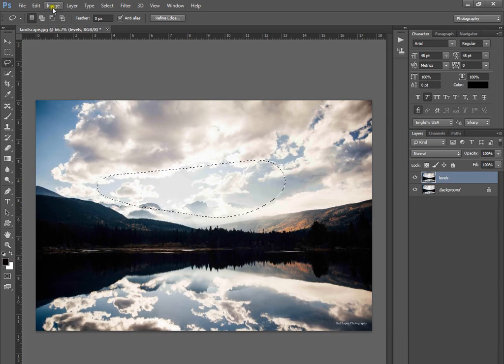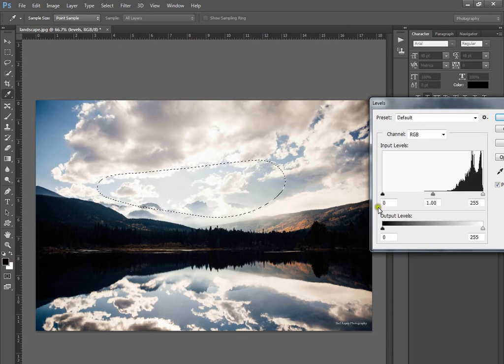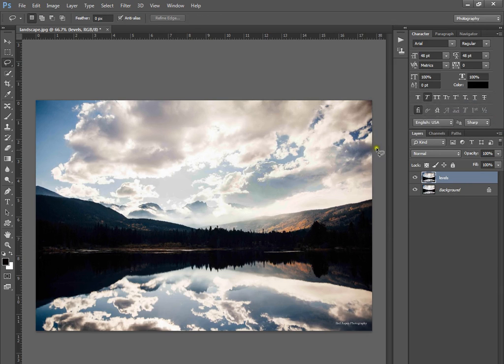And now I'm going to come up to Image Adjustment Levels, and I'm going to move this little black triangle over slightly. And we can see that it's getting a little bit darker here in the middle. So if I go over here and click on Levels, we can see that the right and this middle section is now much darker. Now I'm going to go to the top left corner